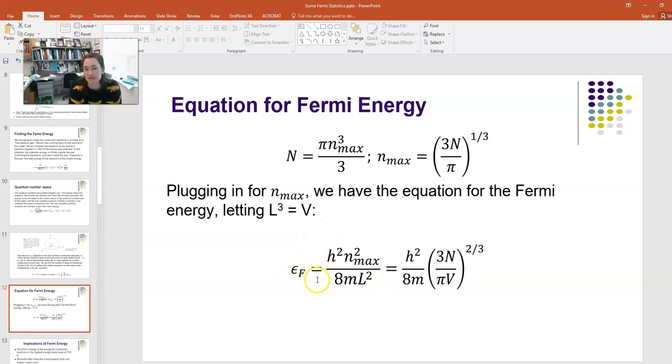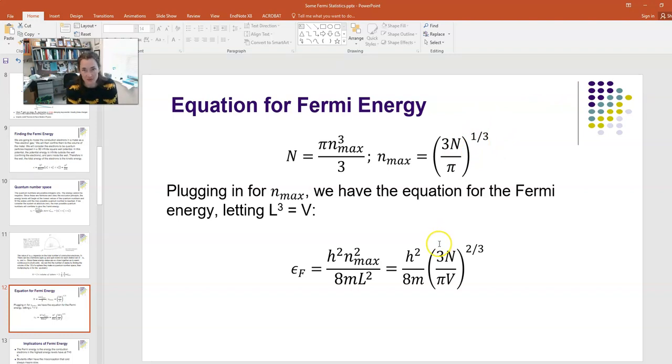We said that the Fermi energy should be proportional to this infinite square well energy, which we said was h squared times n max squared over 8mL squared, right? So if I plug in for n max, I've got n max equal to (3n/pi) to the 1/3 power, and then I have this L squared on the bottom here. So I have an n max squared over L squared. So if I pull both of those inside this 1/3 root bit here, then what I end up with after a little bit of algebra,